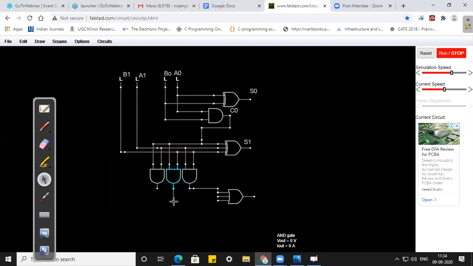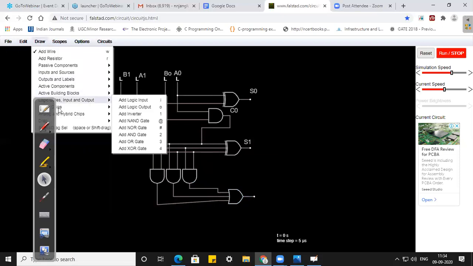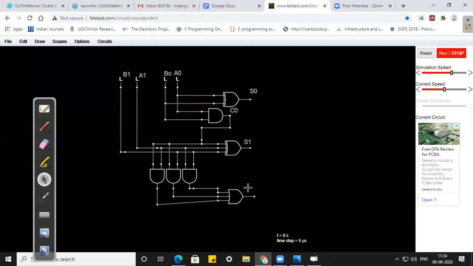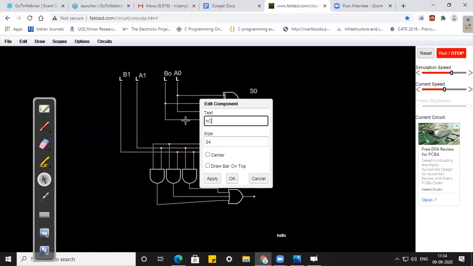In this way you have to complete the circuit here, and I will show you the complete diagram after connecting all the gates. If I add text here, this is my C1, my carry 1.